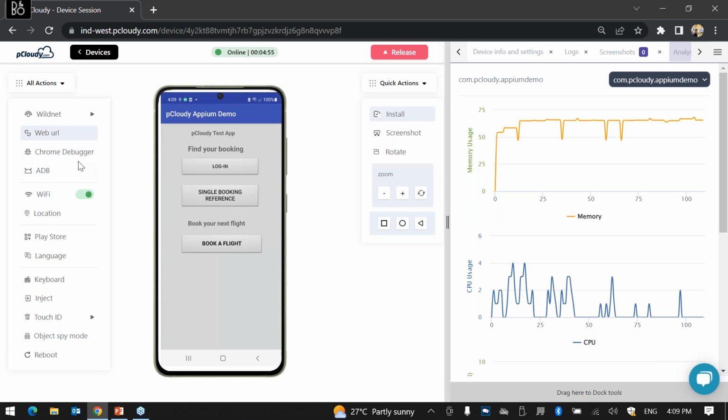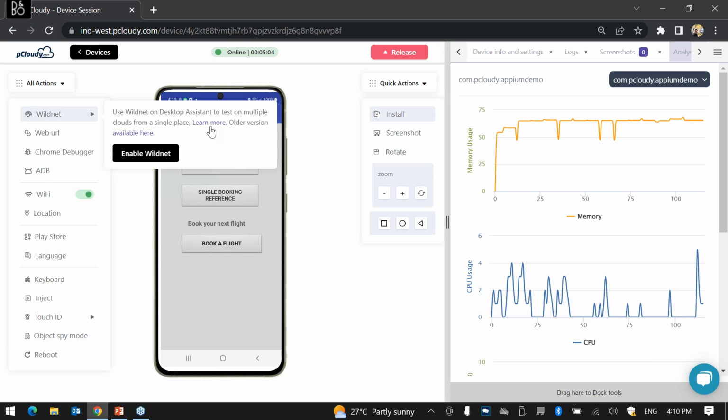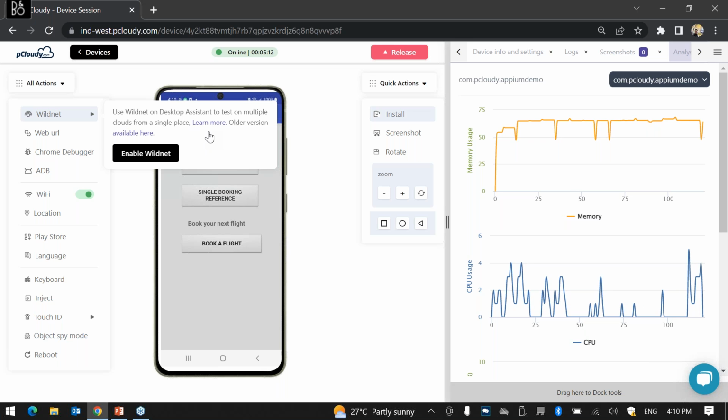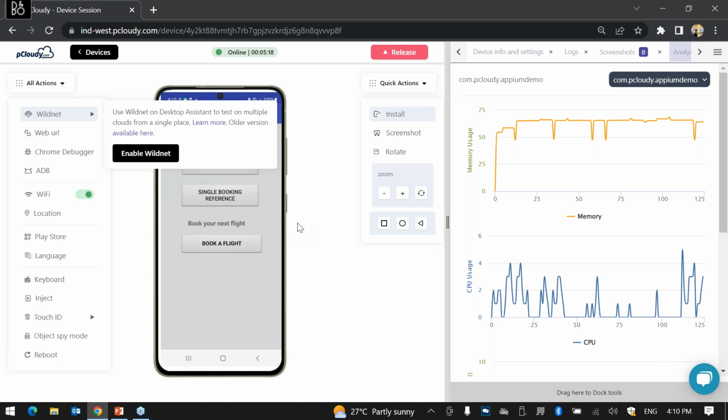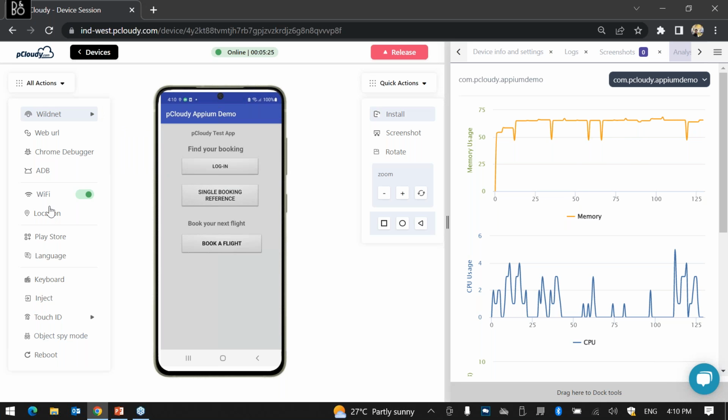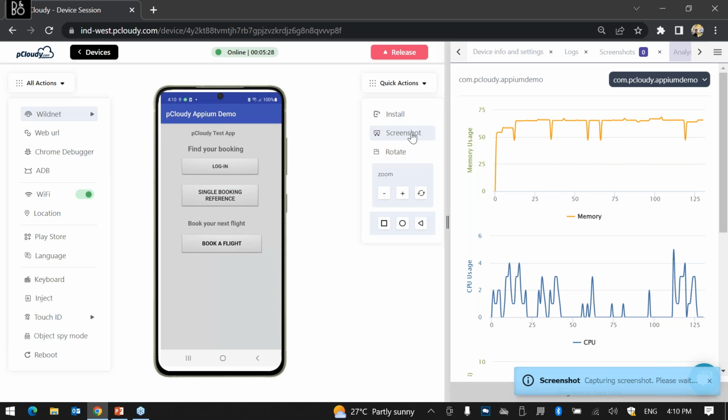And if there are any internal applications, when I say internal, intranet-based applications, private servers, and you want to test them, we have a feature called Wildnet. It is a small utility. Basically, you have to install it on your local machine, and then once you install it and configure it, you enable Wildnet. Once you enable it, the requests and the responses will go through a tunnel. Basically, a tunnel would be created, and all the requests and responses will go through that, and you should be able to access all your internal apps. So that's about Wildnet.